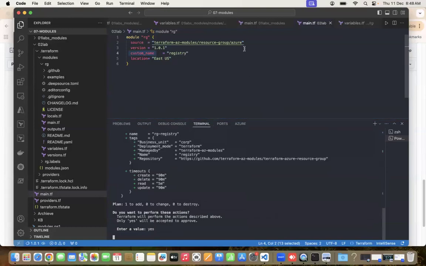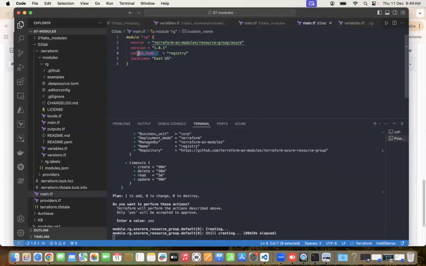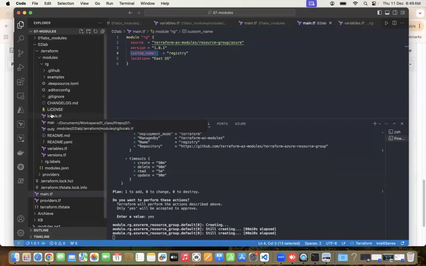So one thing here, we are using a HashiCorp-created module. The key values which we are passing, we should make sure they are right. I made one mistake with the variable name. I just kept "name", but when I checked inside the module, which got downloaded when I initiated this folder,